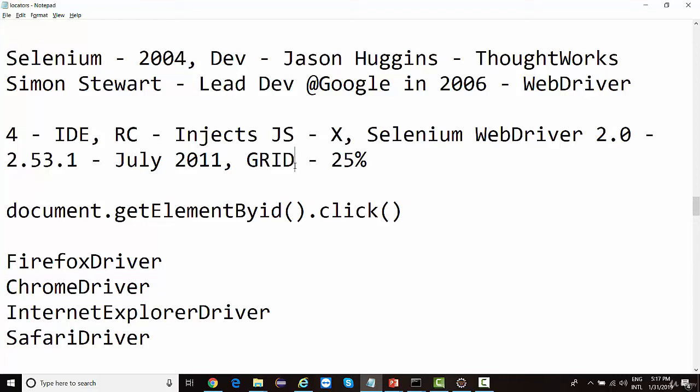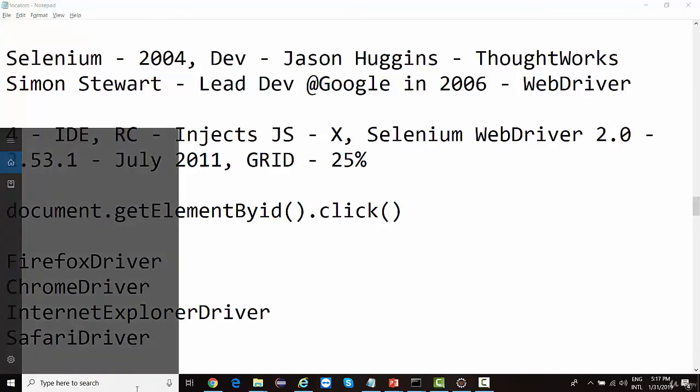Or if we are doing manual testing for browser compatibility, then we need to allocate so many resources. One will test on IE, one on Chrome, one on Firefox, one on Windows, one on Mac, and different operating systems will be assigned to all the resources, and they'll be executing the same test cases on all these different operating systems and browsers. So Grid actually automates the entire part.